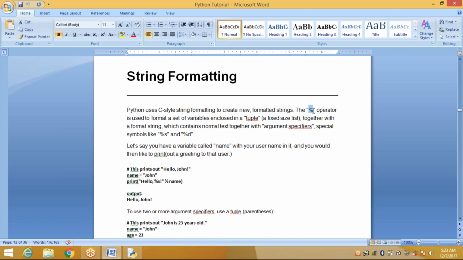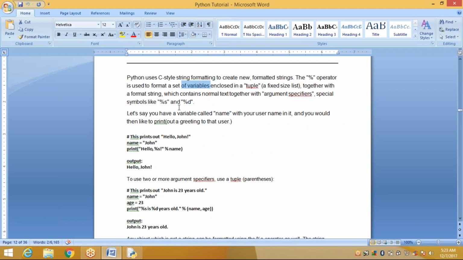The percent operator is used to format a set of variables enclosed in a tuple, a fixed-size list, together with a format string, which contains normal text together with argument specifiers, special symbols like %s and %d.